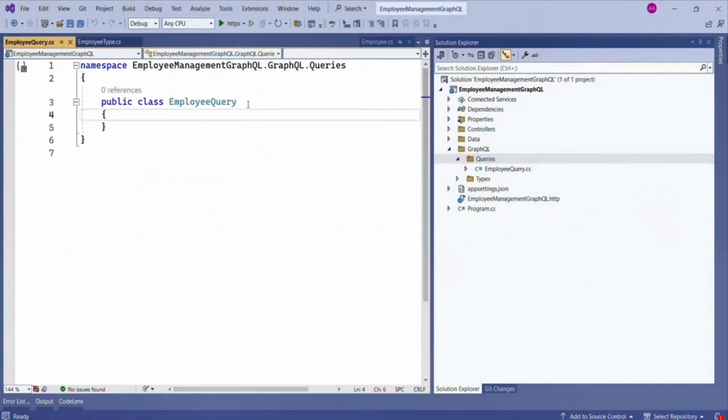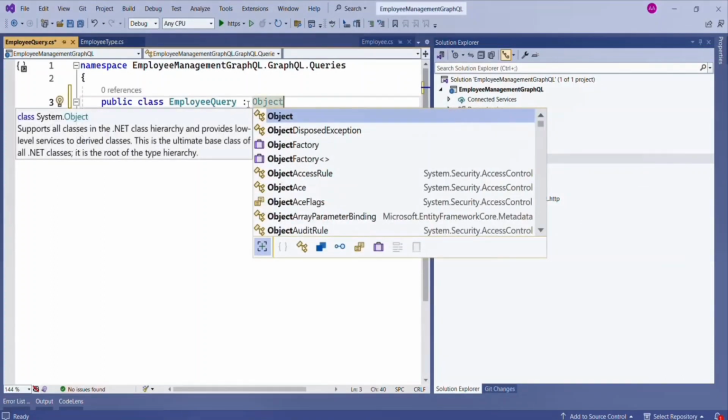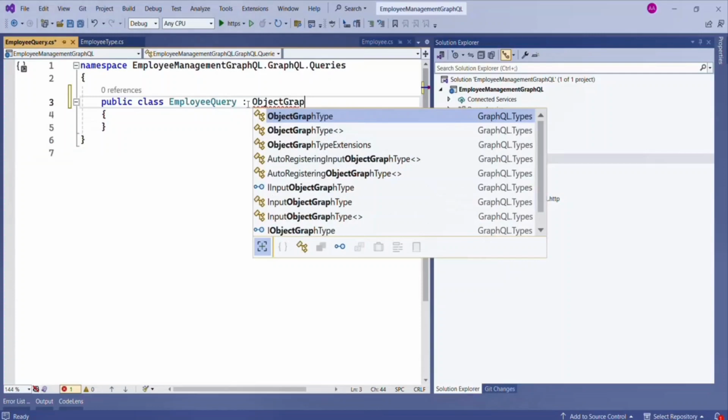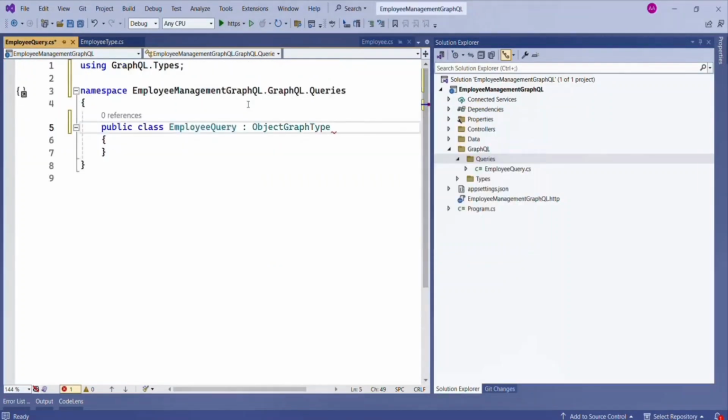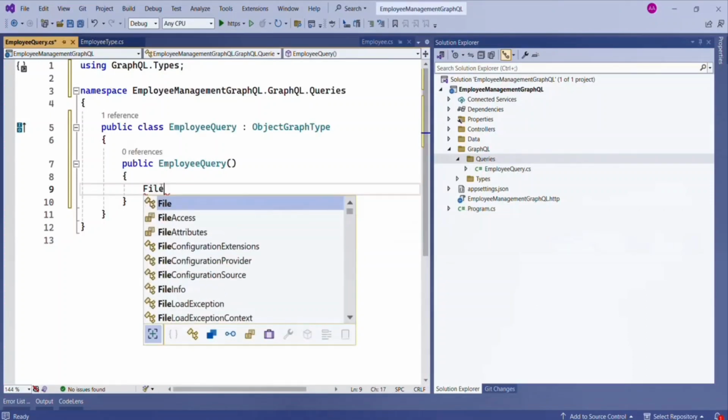Now this class needs to inherit from object graph type, and in the constructor of this class you create or define your query for GraphQL. What we have to do is create one field,